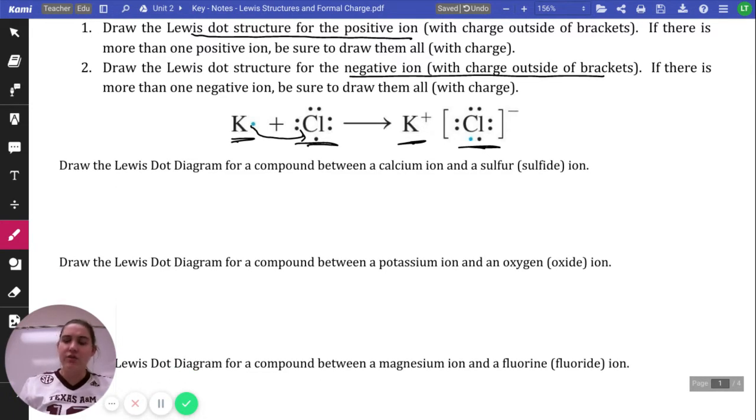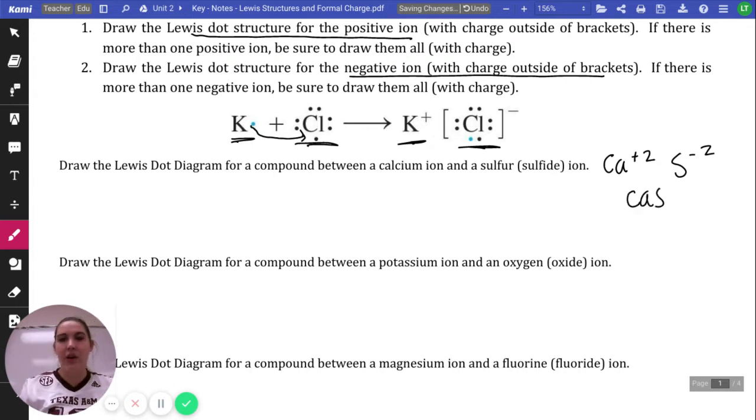All right, it says draw the Lewis dot diagram for a compound between a calcium ion and a sulfide ion. So calcium is Ca with a positive 2 charge. Sulfur is S with a negative 2 charge. If I was writing their formula, I would need to swap, drop, reduce, and that gives me CaS as